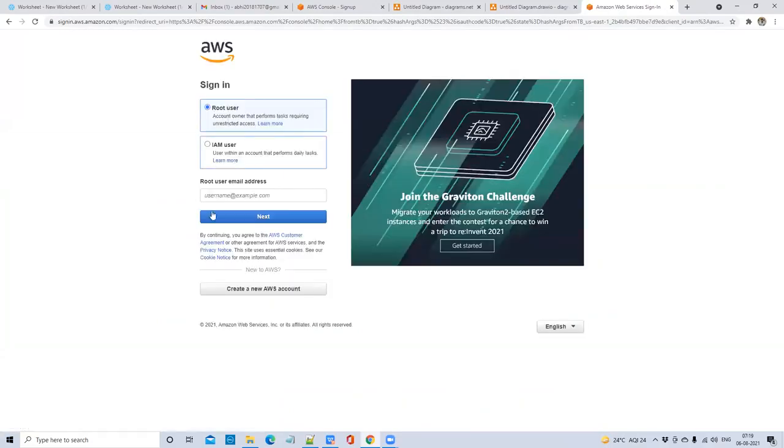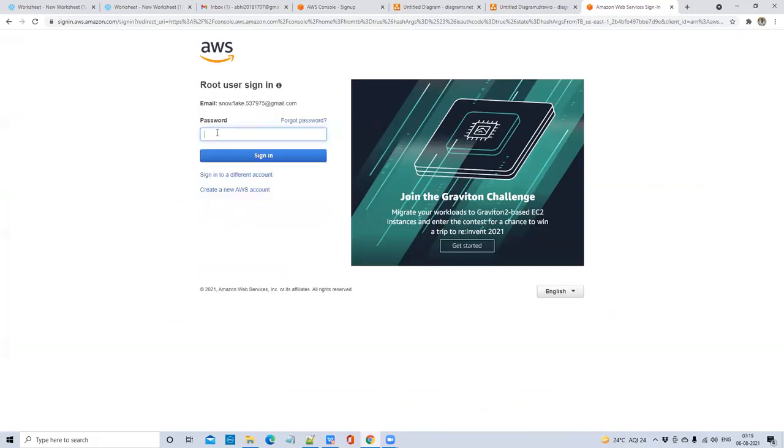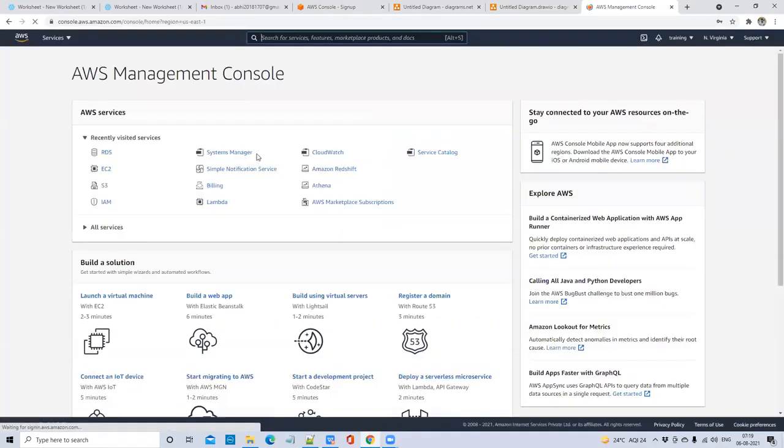So it will ask for your username and password. The Gmail that you have used, you can give it with root user here. This is my Gmail and the password. Yes, so this is my AWS console, Amazon Web Services console.